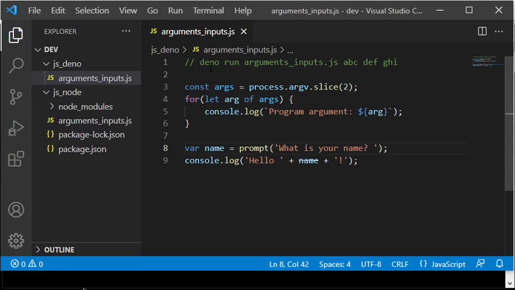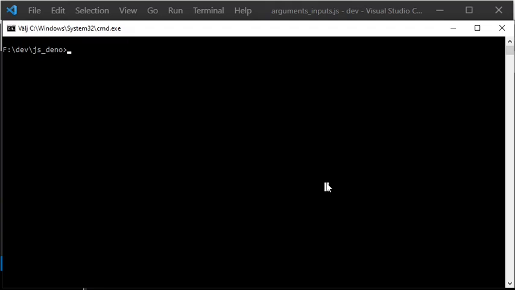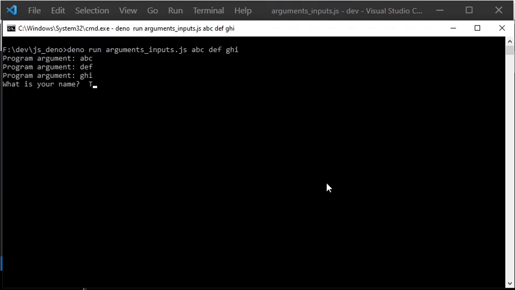Regarding reading the program arguments, the Node property process.argv is replaced with Deno.args. Also, the slice method is removed, since the Deno arguments do not include the program name and the script name as the first two arguments. Now I am executing the program, and as you can see, it works as expected.